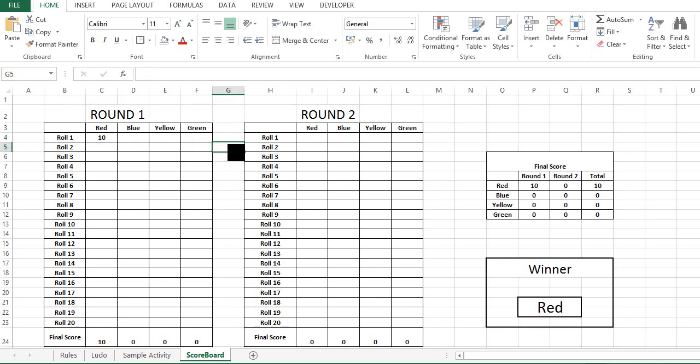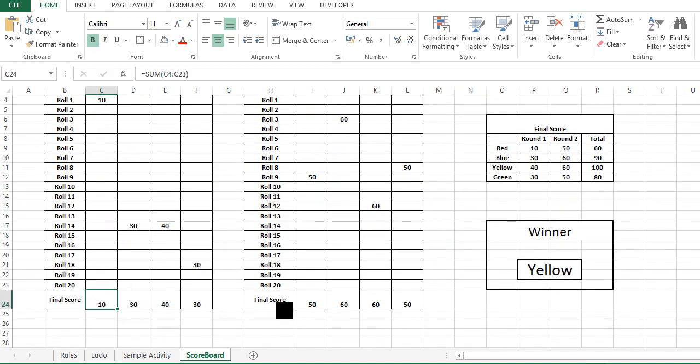So 10 here is 10, so its answer is correct. You can see its score is updating here. So like that, all the rounds could be played. And let's say this team gets 30, this team gets 40 total, and this gets 30, this gets 50. So this is random. I have taken 20 for chance, but I'm just using a number to show you guys. So again 60, this team gets 50.